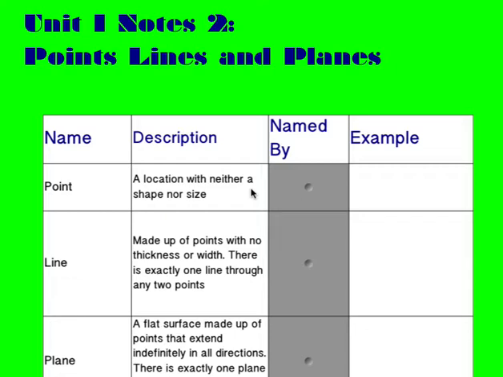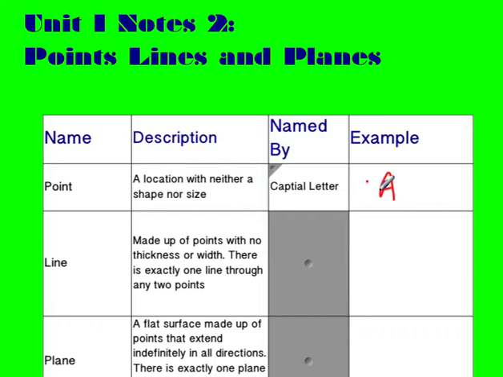So we're going to be talking about points, lines, and planes, which is something we're going to be working with virtually every day throughout the geometry course. So first of all, let's talk about a point. A point is a location with neither a shape or a size. Okay, so we name points by a capital letter. So, for example, if we had something like this, that point we would label A, and we would say point